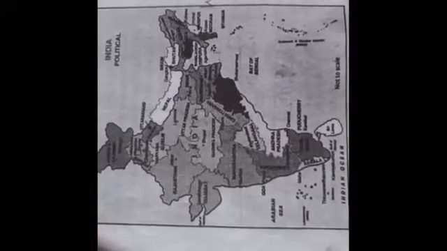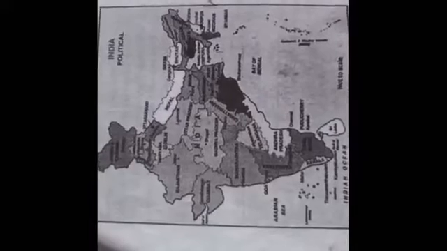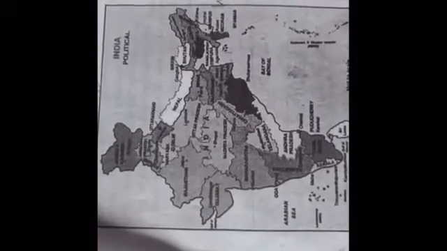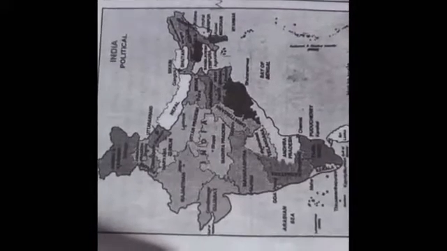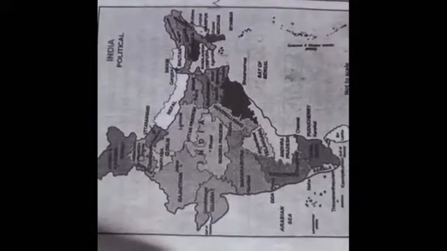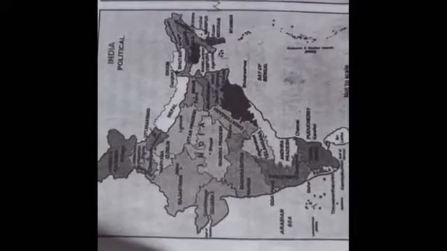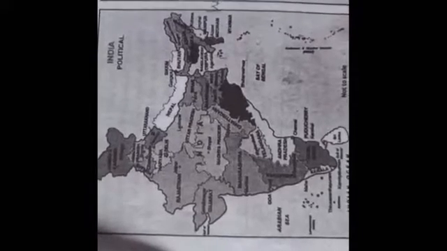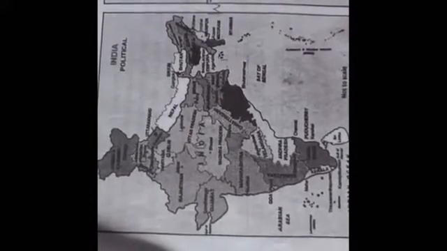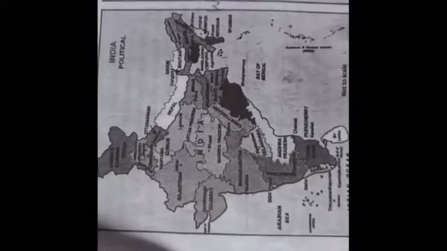A map can be better than a globe in some ways, but it has also some limitations. As we know, the earth is spherical in shape and its surface is curved. So, it is not possible to make an absolutely correct map from a curved surface. So, all maps have some errors. However, a map of a small area can be fairly accurate. Even then, a map is more useful to study the earth.